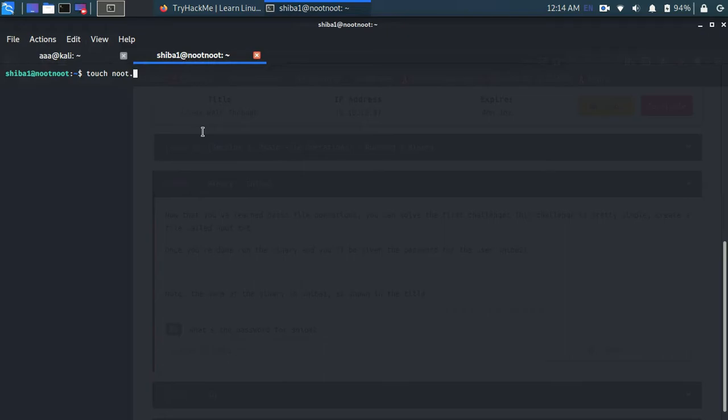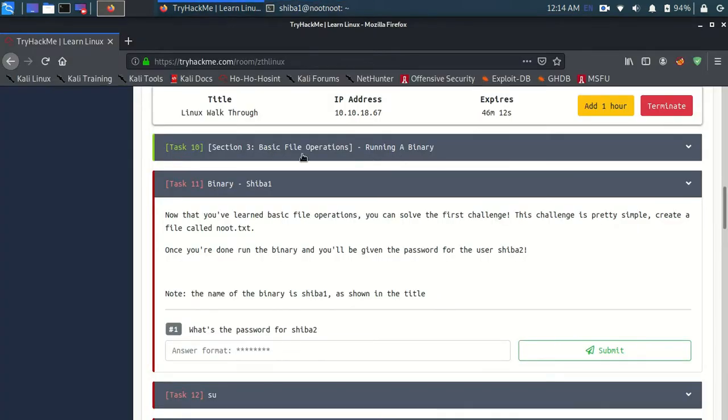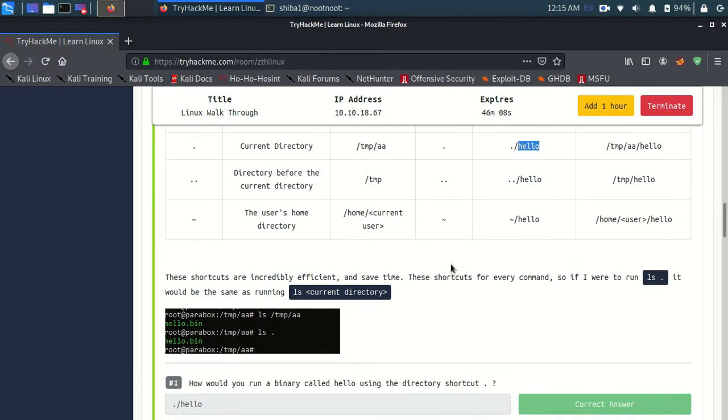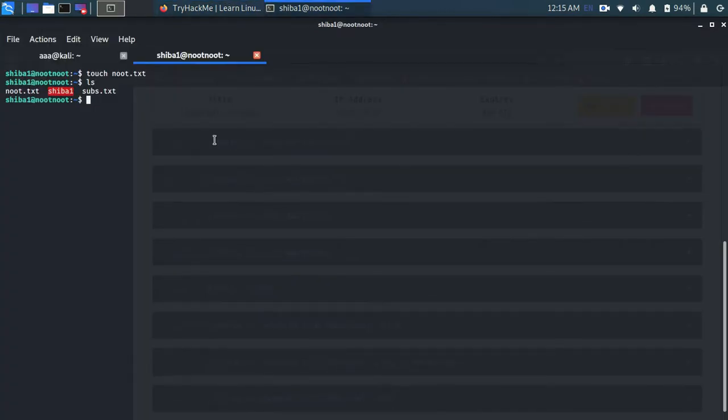Okay, and now let's run the binary. Right now the binary is this one, Shiba1. So how to run this binary? As we saw earlier, since it is in the same folder, it's dot slash and the name. So the name is Shiba1, and let's run this.